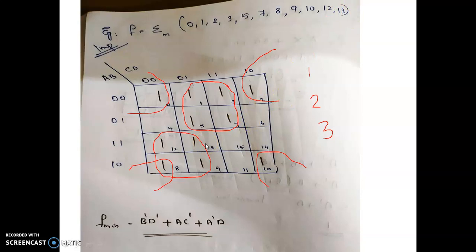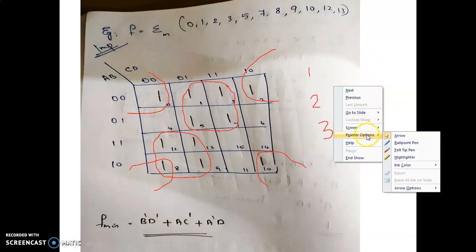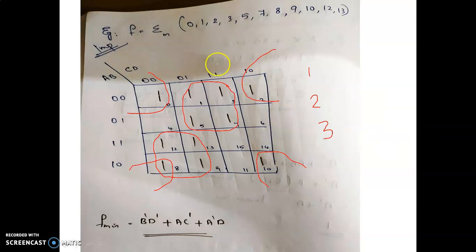And I told you the wrap around condition is possible. Hence, you can group the 4 ones in the corners of the K-map into a single quad group. So these are grouped. Okay. You're grouping these 4 ones. Since the wraparound is possible, the corner ones will be grouped as a single group. This one, similarly this one, and this one can be grouped as a single quad.